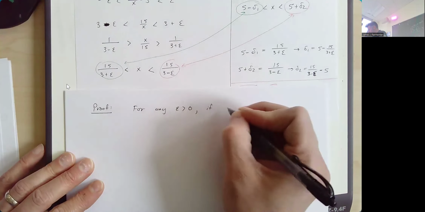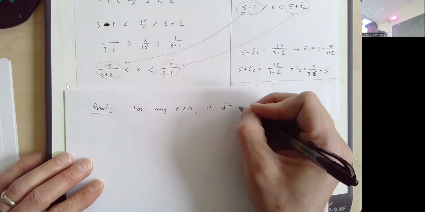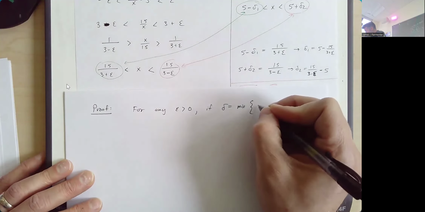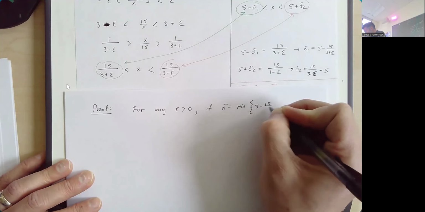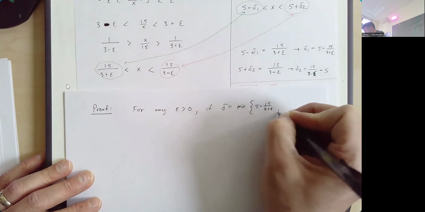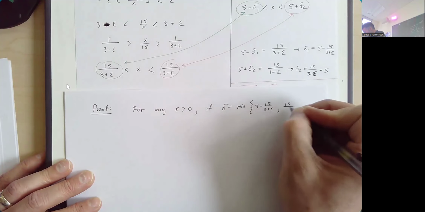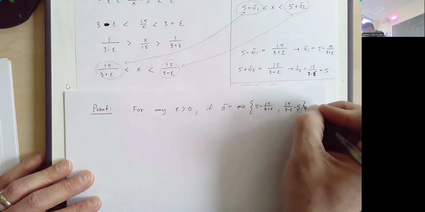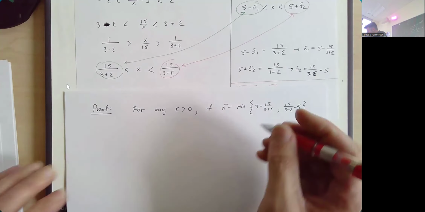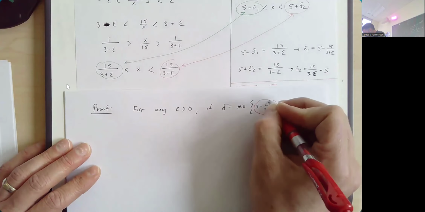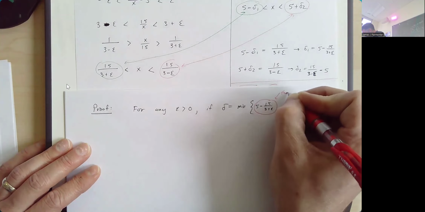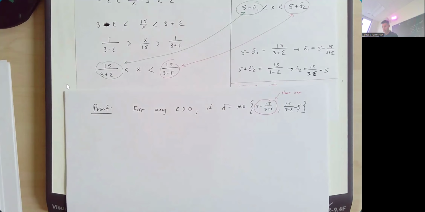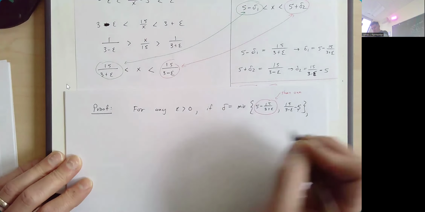If delta is equal to the minimum of those two numbers, so 5 minus 15 over 3 plus epsilon, comma, 15 over 3 minus epsilon minus 5, which again, we know is this one. But you don't have to know that. Saying if the minimum of those two is good enough, then